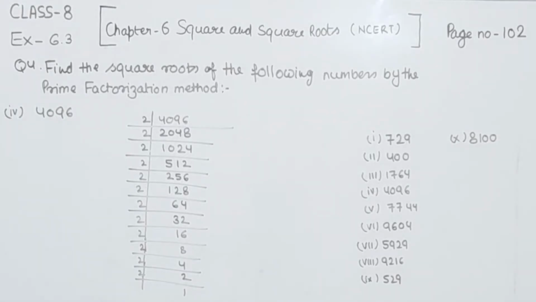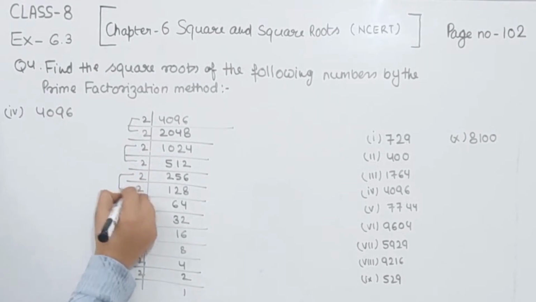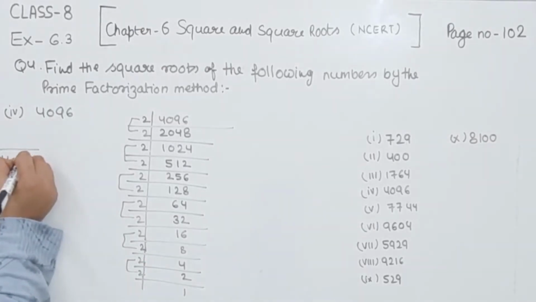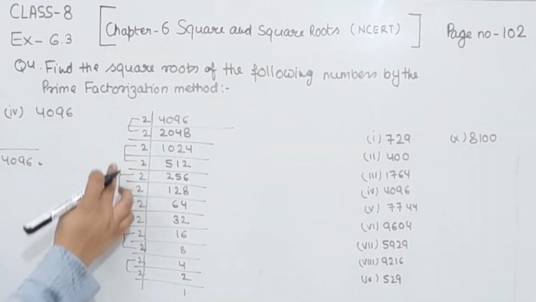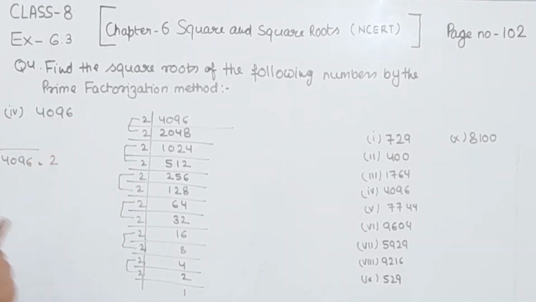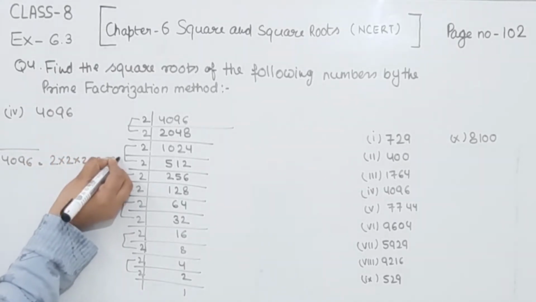Now we are going to find out how many pairs are here. 1, 2, 3, 4, 5, 6. So we are having the 6 pairs here. So we're going to write here root 4096 is equal to the, we are having 1, 2, 3, 4, 5 and 6. So I'm going to write here 6 pairs we are having, we are going to write here 6 numbers, 1, 2, 3, 4, 5 and 6.